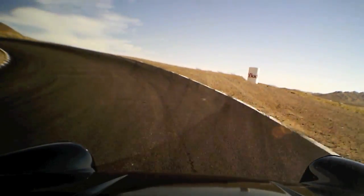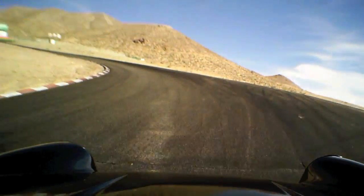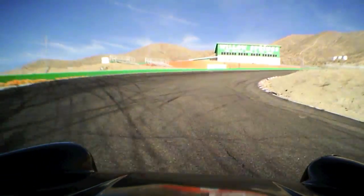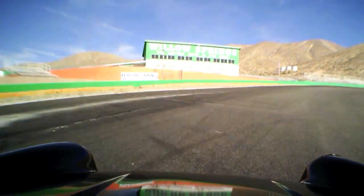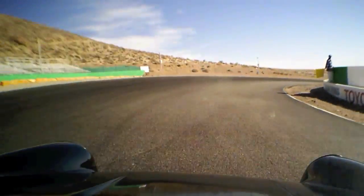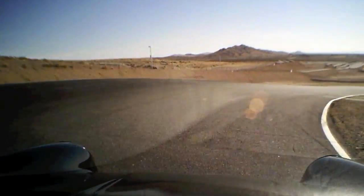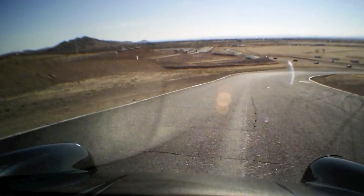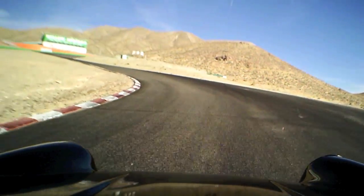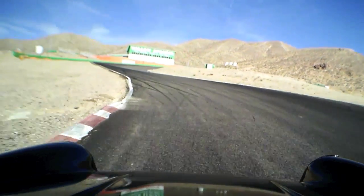Everything from the braking zone to turn 3 to the point where you get on the throttle coming out of 4 is a sacrifice. You're not going to make much in terms of lap time on this uphill section of the track. It's better to concentrate on getting yourself set up for the downhill section out of 4, and to that end, you want to exit turn 3 and continue straight up the hill, ignoring that rumble strip you pass